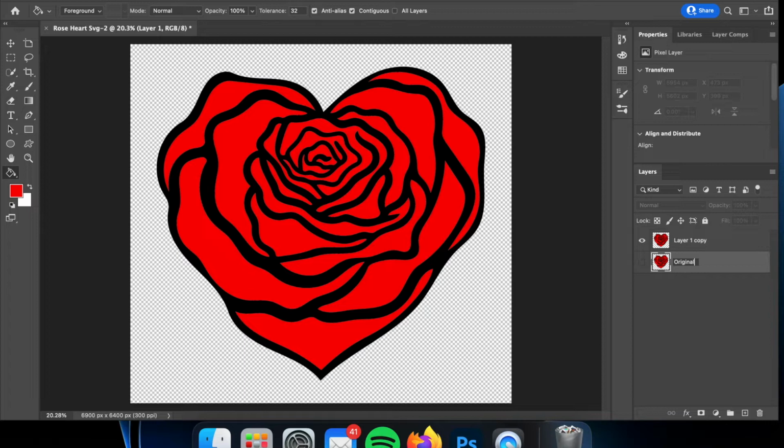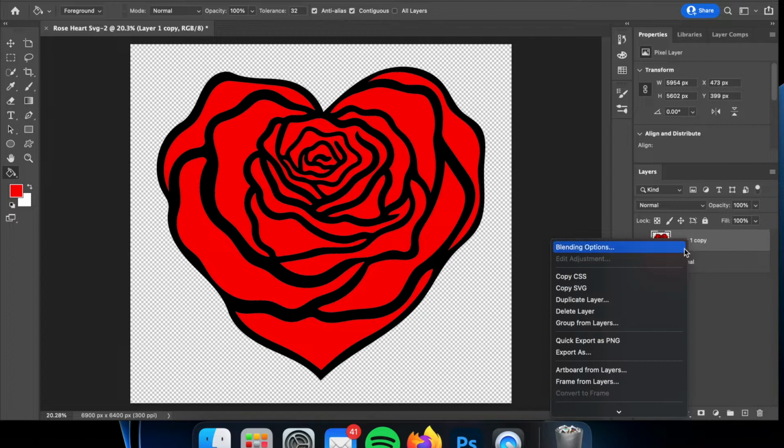So I'll save this one as the original layer, and I'm just going to hide it by taking off the eye. I'm going to leave it there just in case I need to come back to it later, or if I mess up somewhere later, I can just delete that layer and reduplicate my original layer. So now I'm going to duplicate